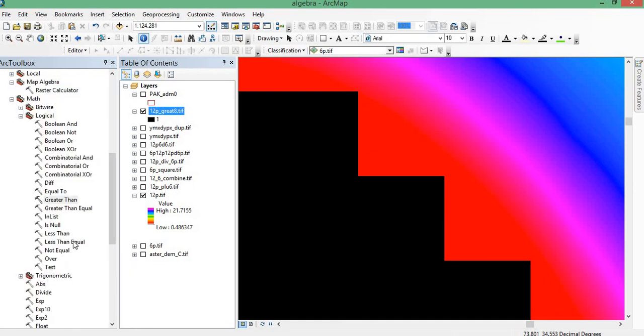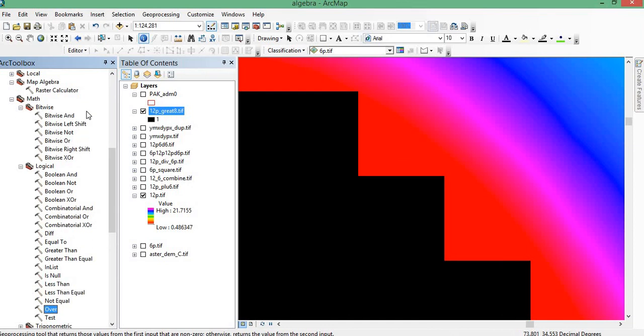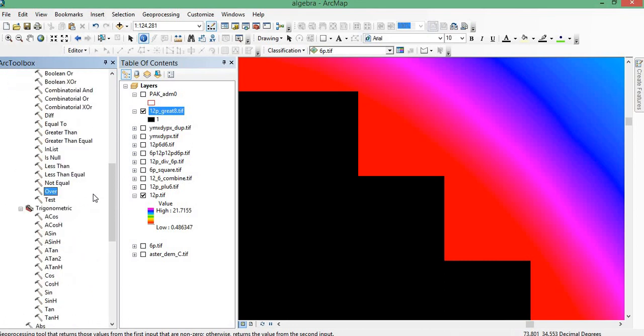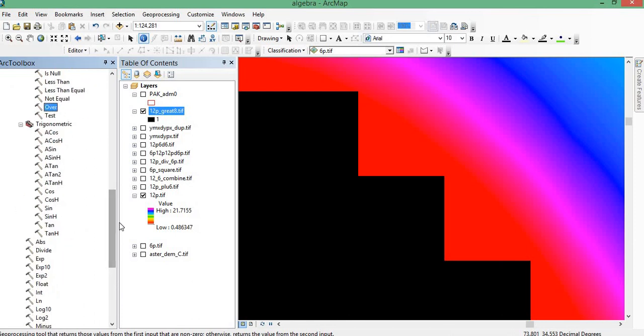So you can apply the operation less than, greater than or equal to, or only equal to. If you want to get the pixels with exactly 8 millimeter, you can get that. And less than or equal to, not equal to, or. We can also use bitwise operations. We will use these in mathematical equations of snow cover mapping, cloud, agriculture classification. And here we have trigonometric equations, like at some time we have x cos theta, and we have some angles. We can use these operations.